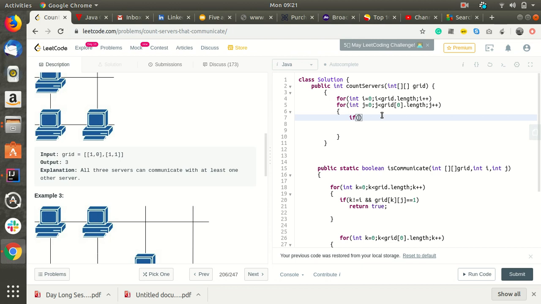If grid of i j equals 1, then we'll call the function to check if our server can communicate with other servers.